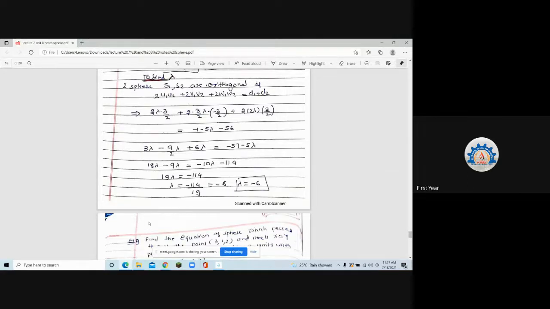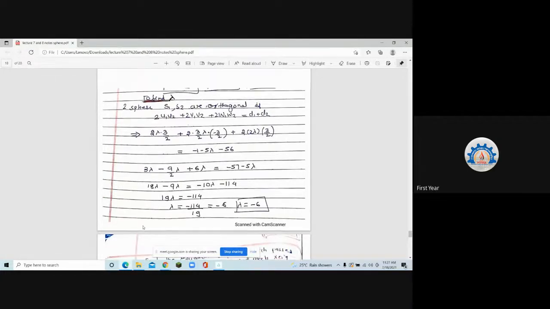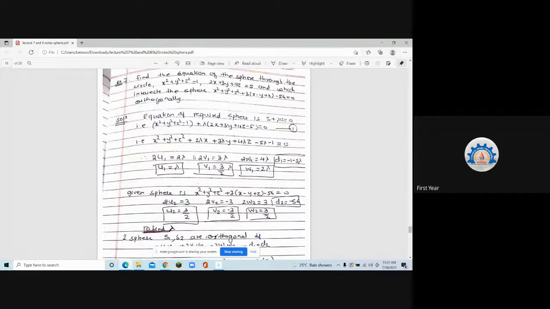That plane and one of the spheres will give you the required sphere. Then the other thing that we did: if you are given two spheres, one required and another given, then with the help of the given sphere you find the tangent plane. That plane and sphere intersection will give you a point circle. From this point circle we get the required sphere. Then we did two spheres given to you that are orthogonal to each other. Using that condition of orthogonality, we can find the required sphere, which is the intersection of sphere and plane of the last type. Is that clear? So these were the concepts that we did today.